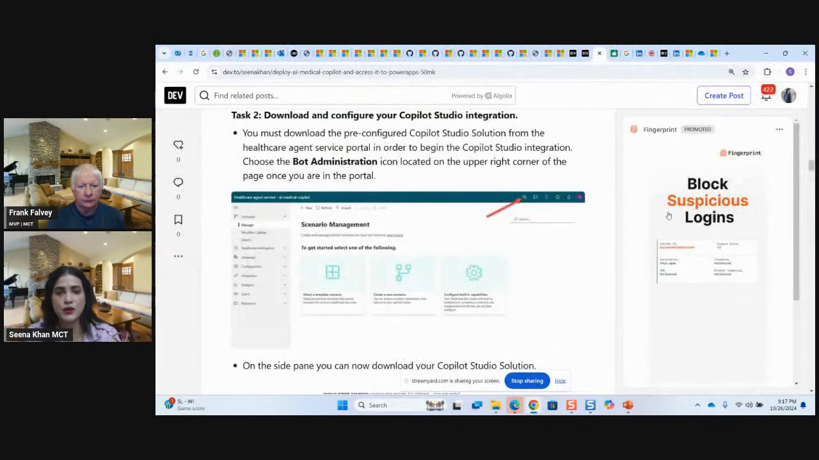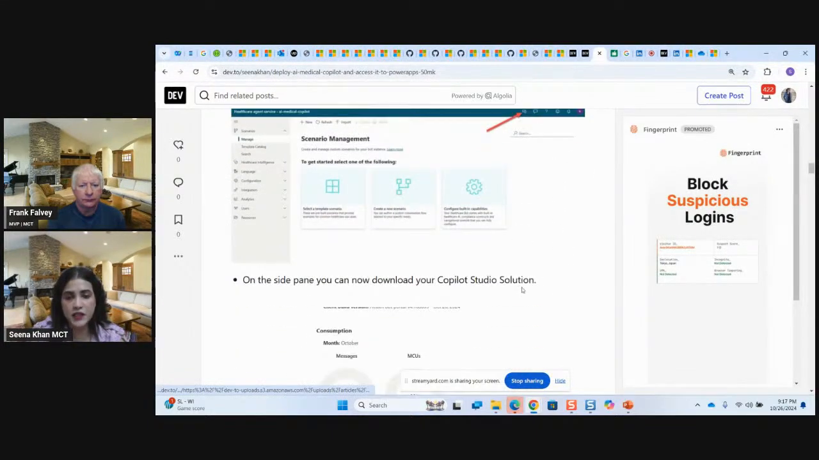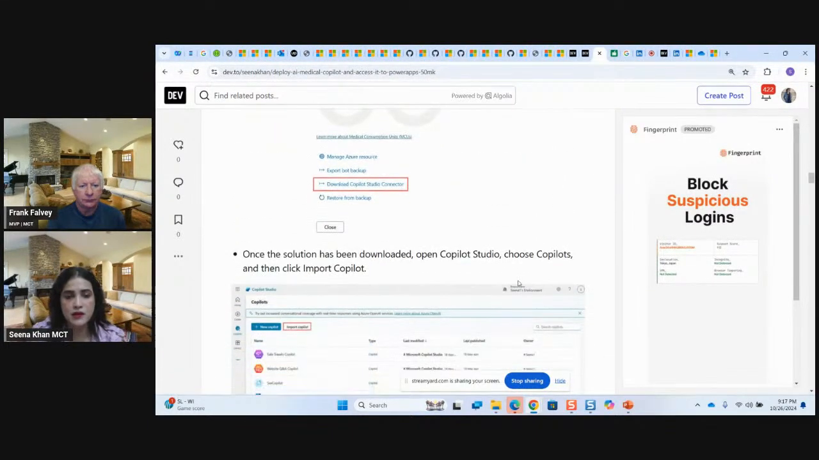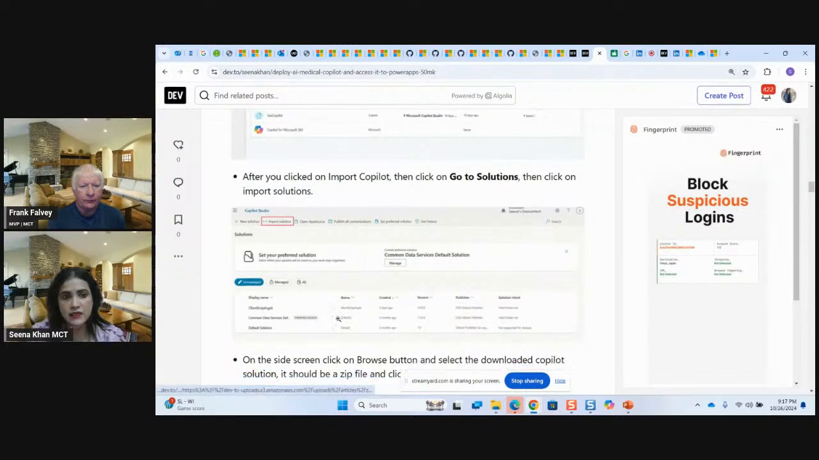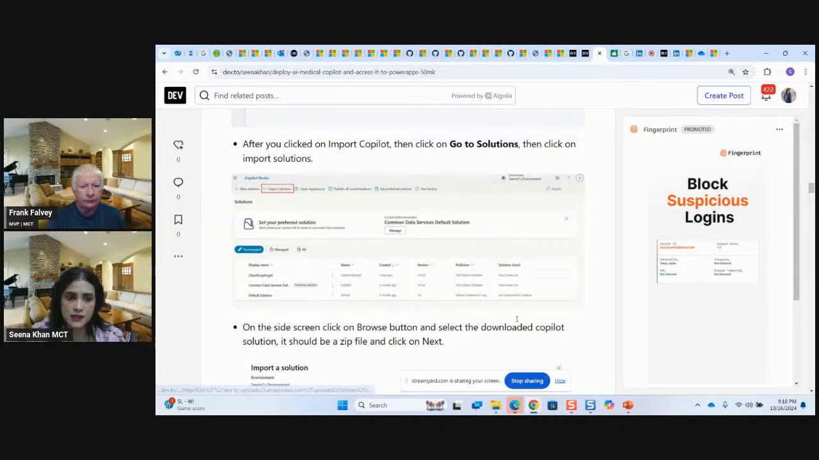It's taking too long. So here I'm just sharing my blog again and importing this copilot. So you will be redirected to the solution. Click on go to solutions, and here you will enter this window, and here you can select import solution. From here you can create new solutions as well, and if you already have a copilot solution, you can import that too. We have already downloaded a copilot solution from the management portal, so we are going to import that into the